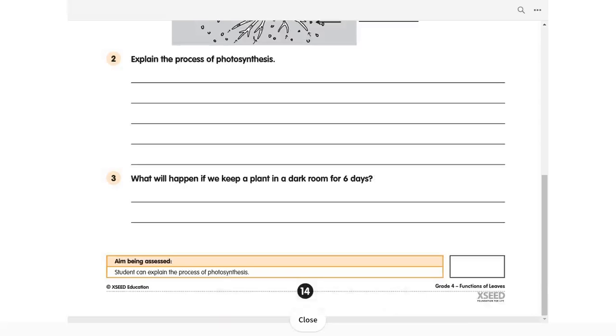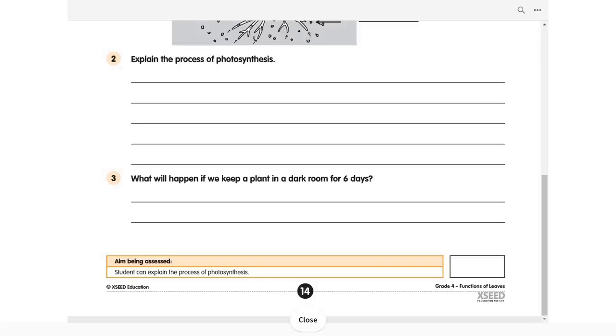Photosynthesis is a process by which plants make food. Plants absorb water through the roots, carbon dioxide from the air through the leaves and light from the sun. The chlorophyll present in the leaves puts it all together to make glucose, which is food for the plants. The extra food is stored as starch in different parts of the plant.